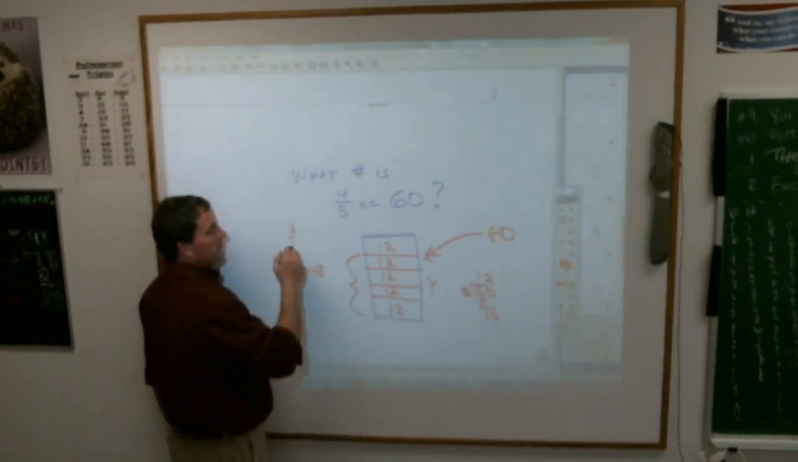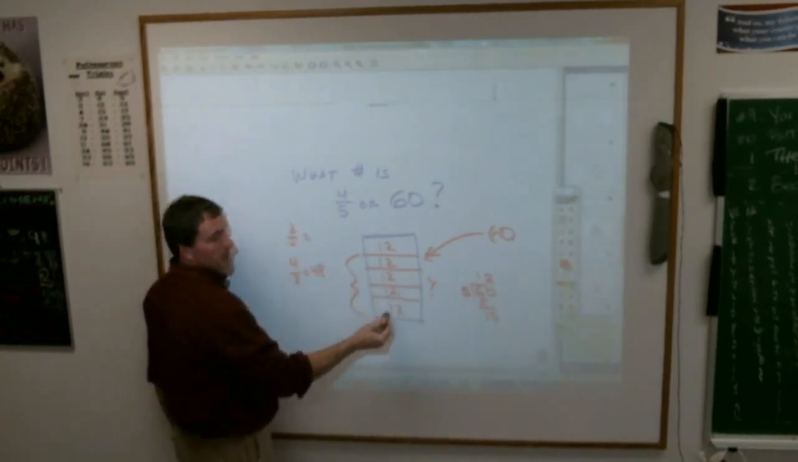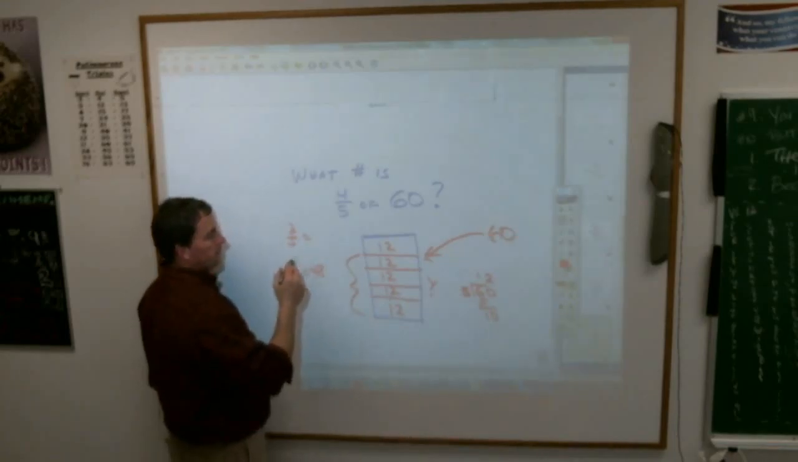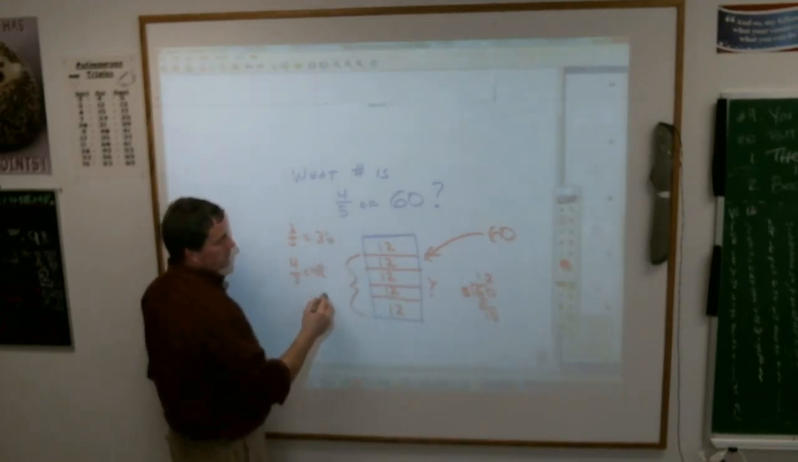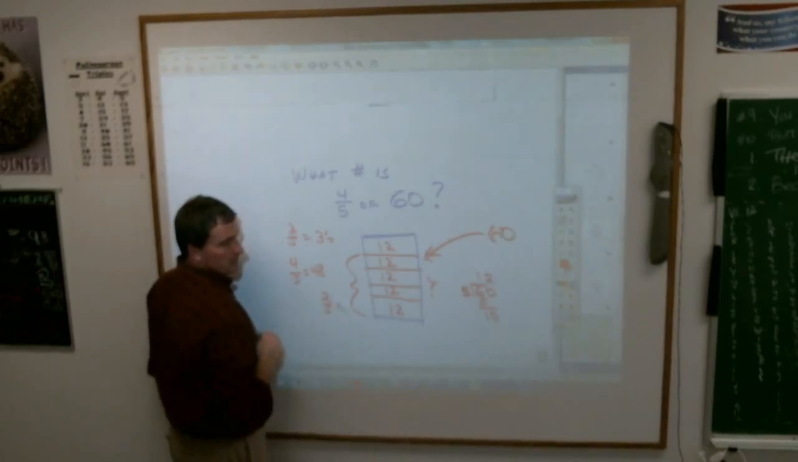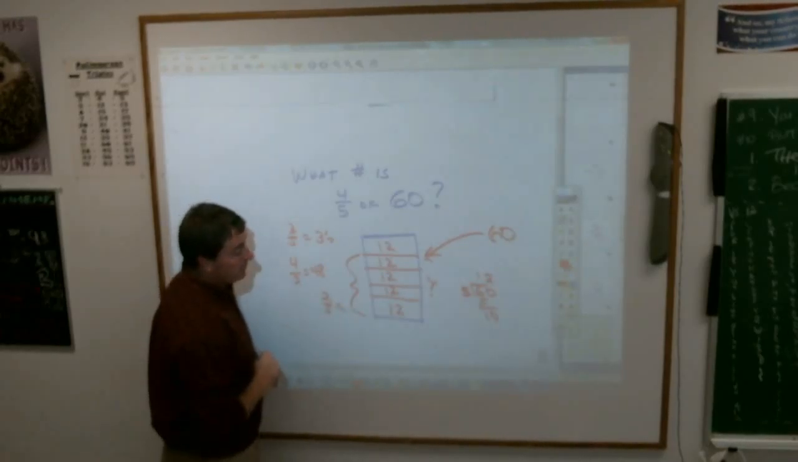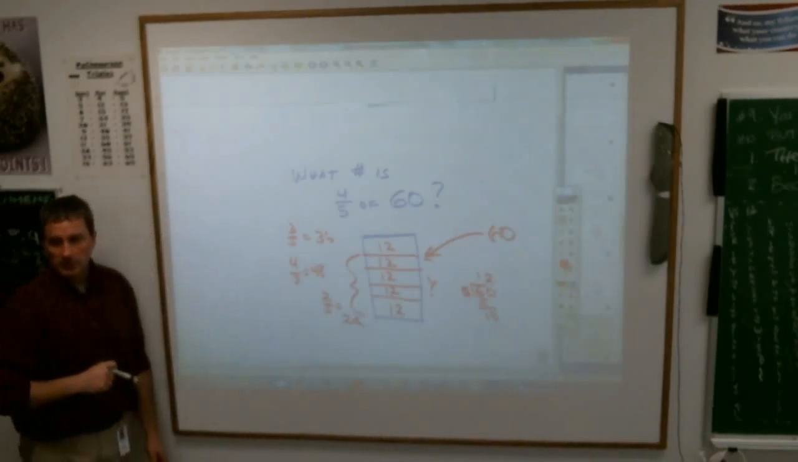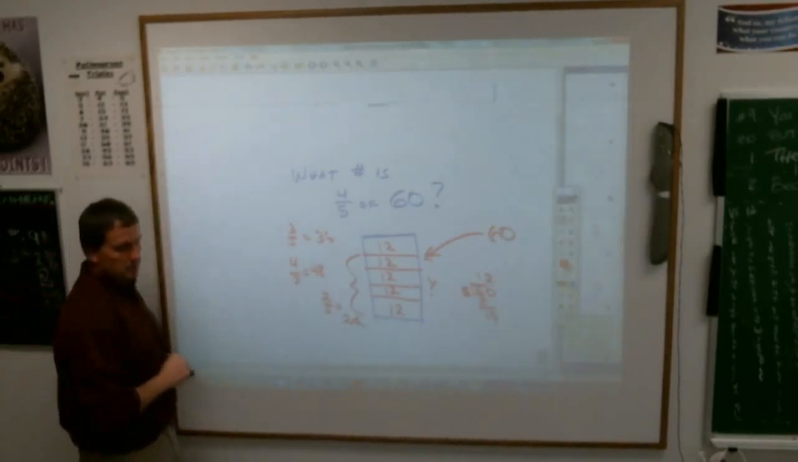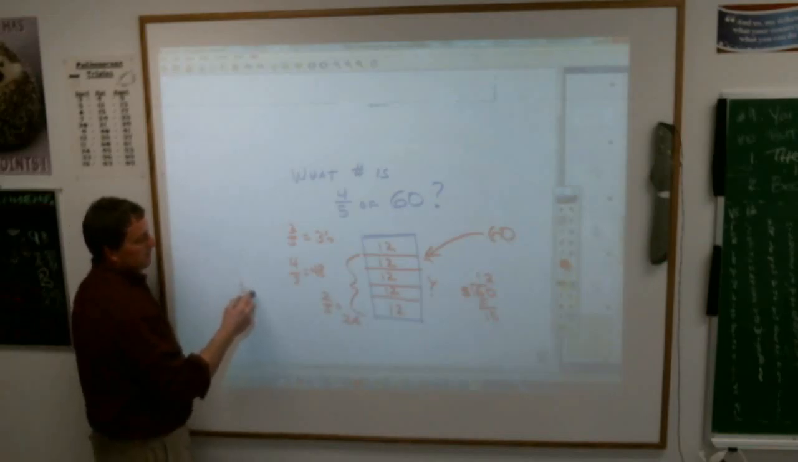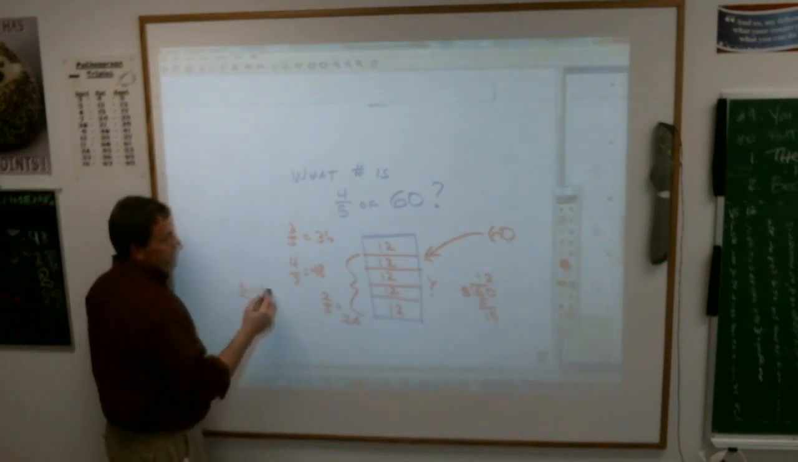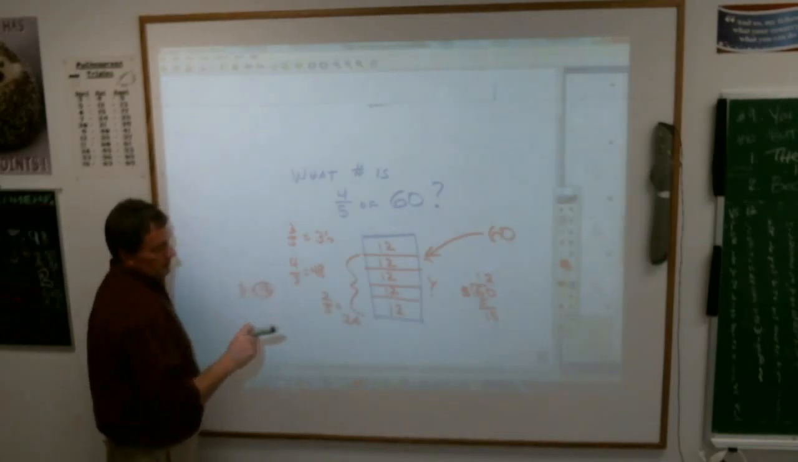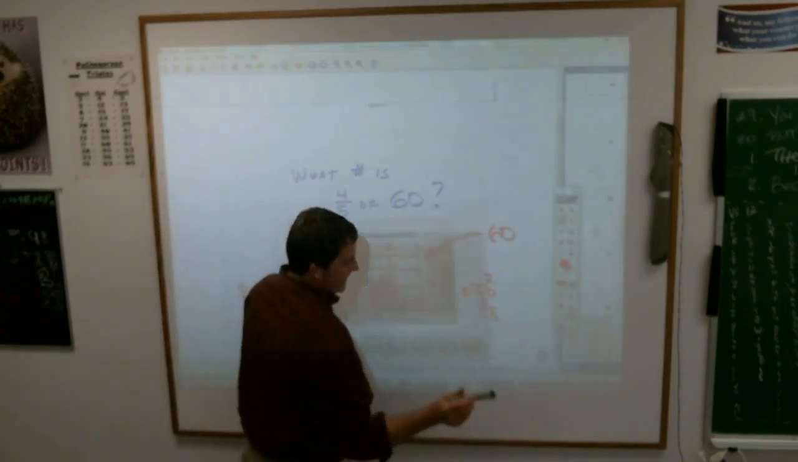What's 3/5 of 60? You just had 3 boxes, it would be, Danny? 36. If it was 2/5, it would be, Jade? And if it was just 1/5 of 60, it would be, Grace? 12. Is that not the easiest thing you've ever done? Notice how I said that? Is that not the easiest thing